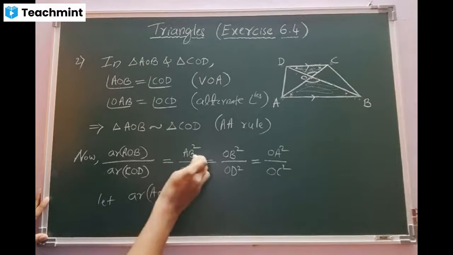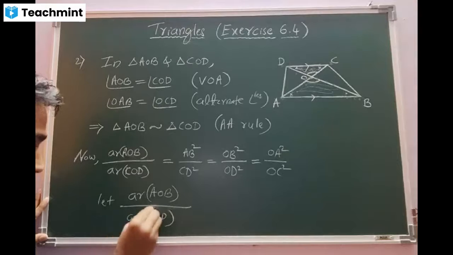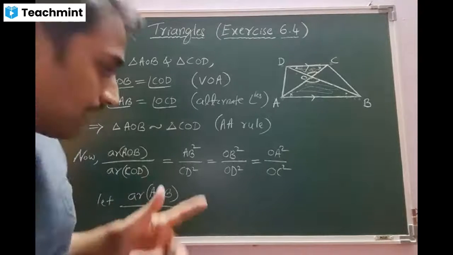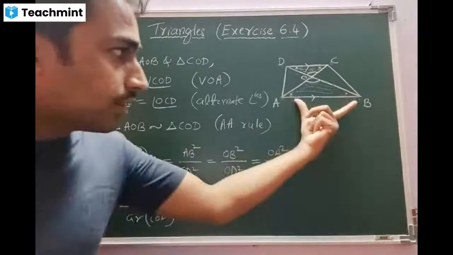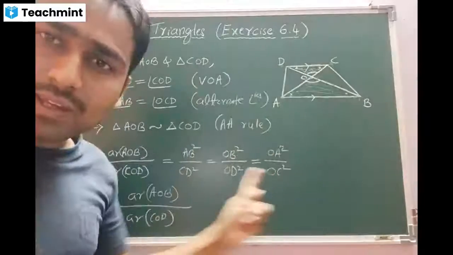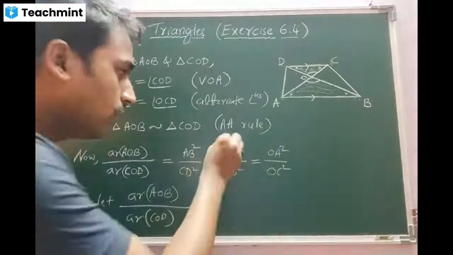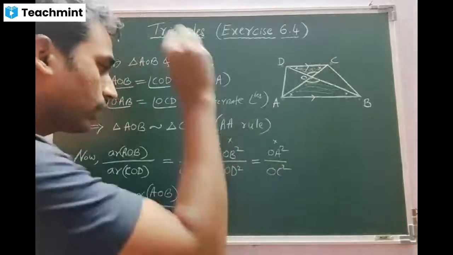Why? Sir, because CD is given in form of AB. Yeah, beta. They have given a relation between AB and CD. They said AB is double of CD. They have not given any relation over here. So don't consider second and third. Leave it. Consider only the first.